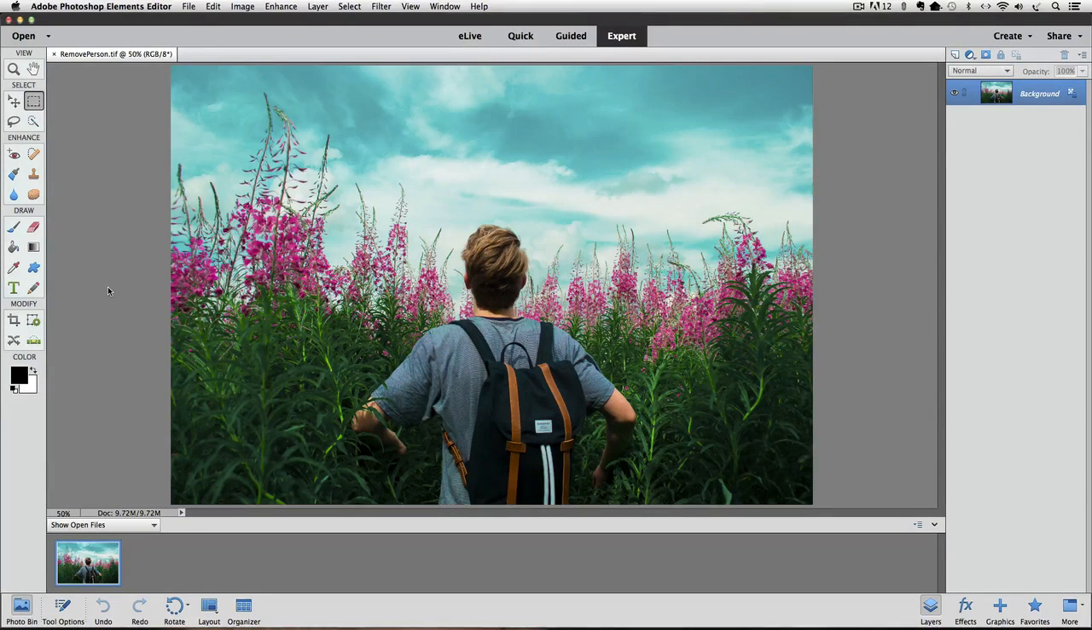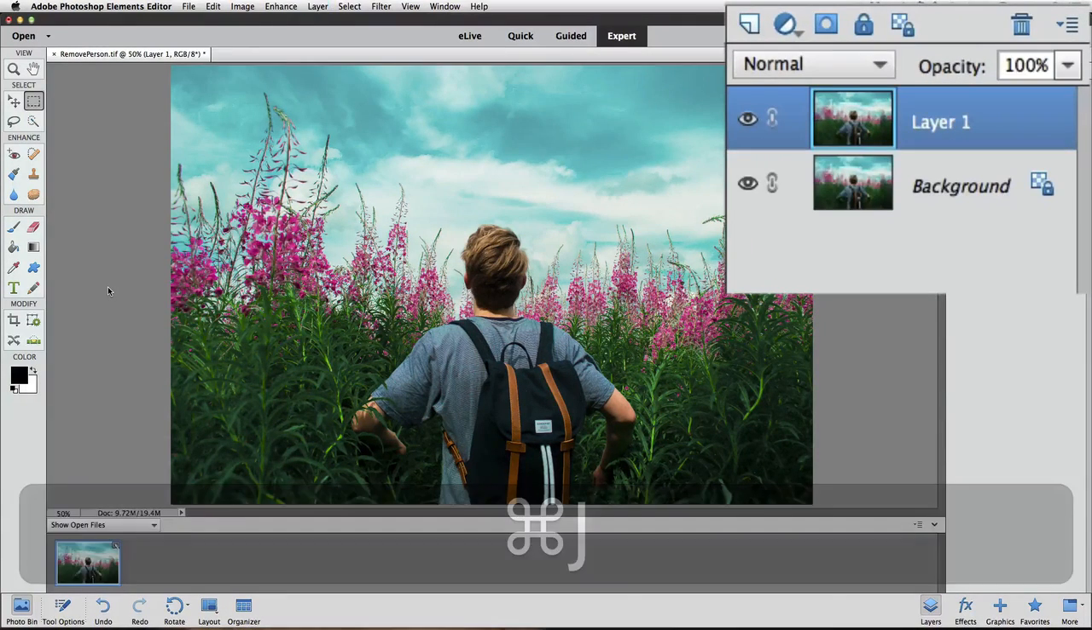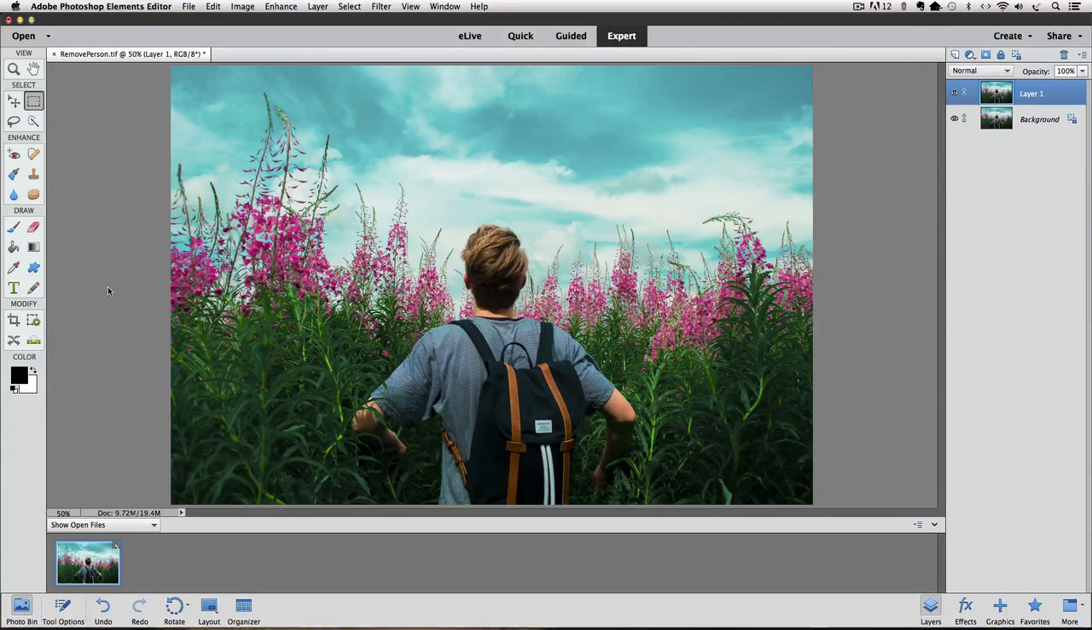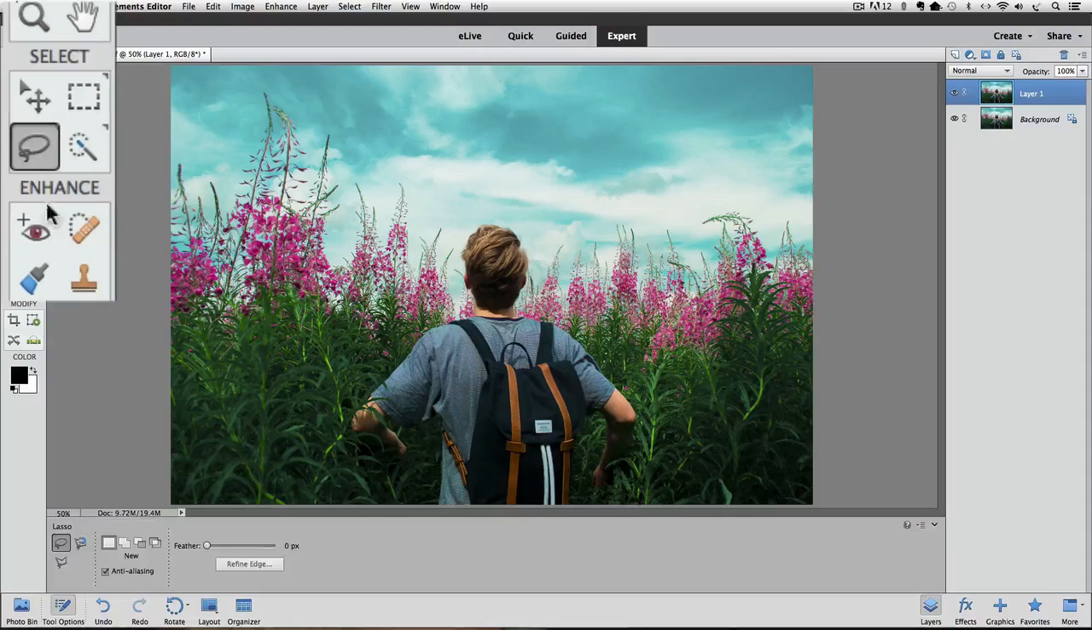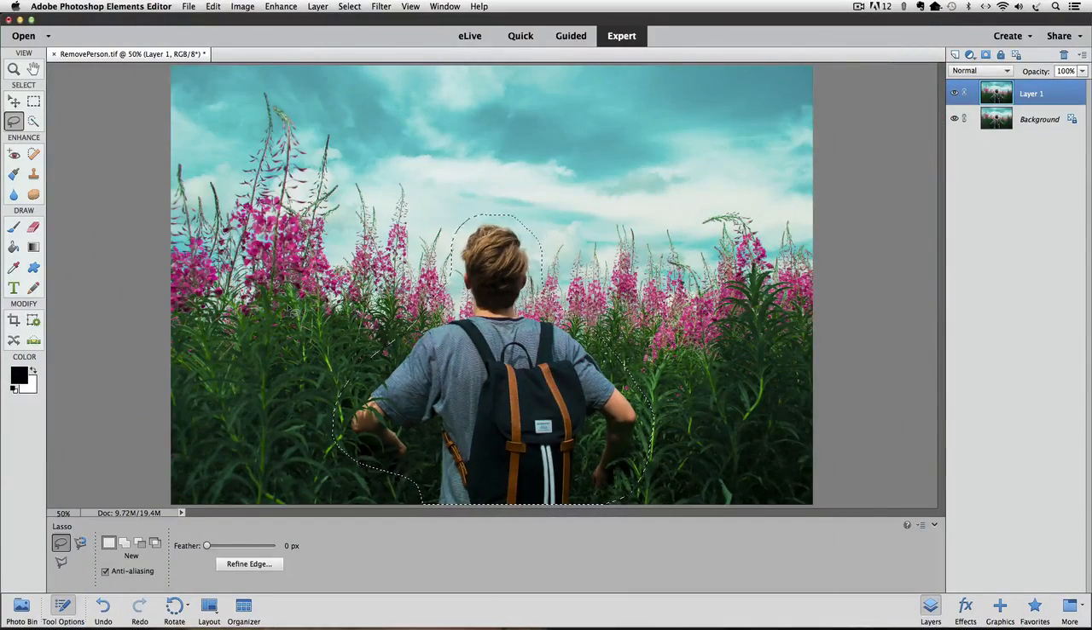First, I'll duplicate the background layer by pressing Command-J on a Mac or Control-J on a PC. Next, I'll use the lasso tool to make a selection around the person. And I'm just going to kind of loosely follow the outline of this guy, all the way around him. There we go. Then go up to the Edit menu